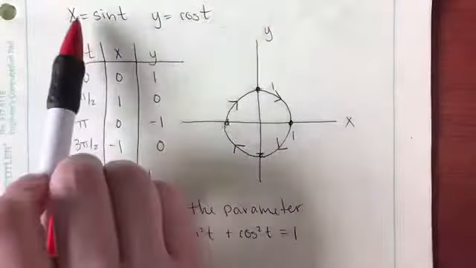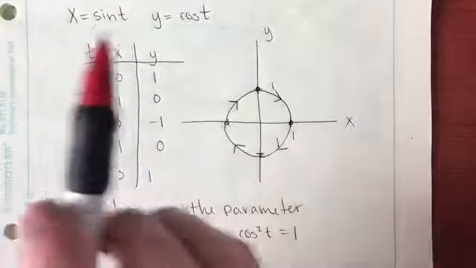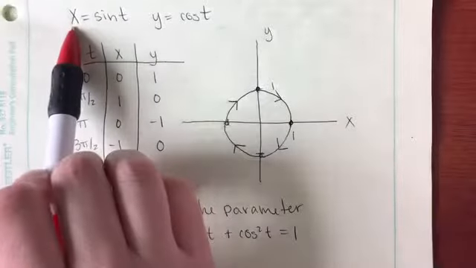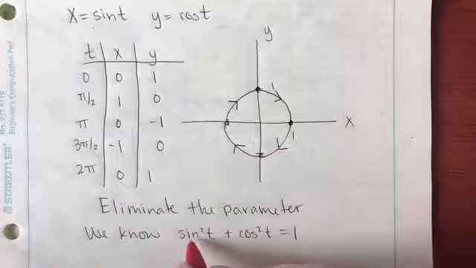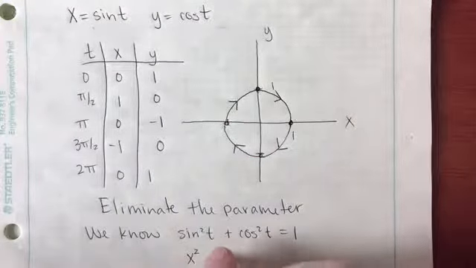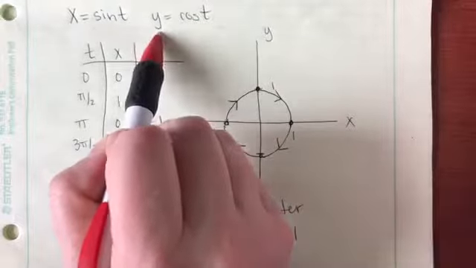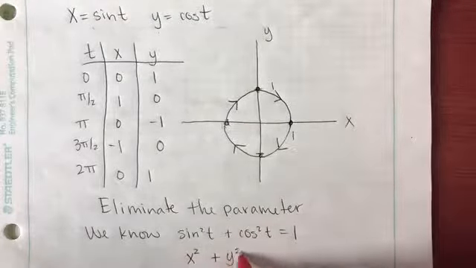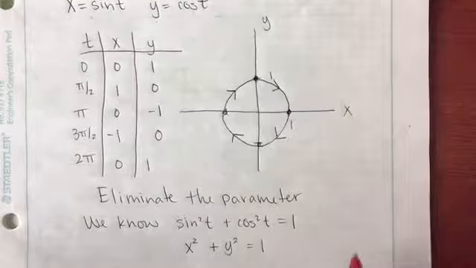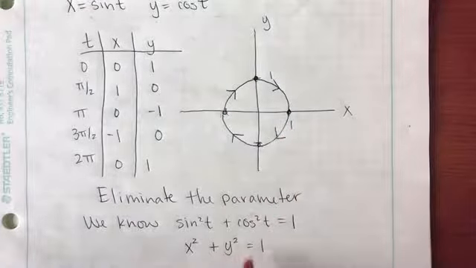Now if we look here, we can see that we have defined x to be sine of t. This is different than the definition when we first found these. We're just saying that in order to get the x value for this graph we're making, we're going to plug it into sine. So here instead of sine, I can write x squared. For cosine, I've defined y, the y coordinate of this graph, to come from cosine of t. So instead of cosine, I can write y squared, which is equal to 1. So you can see that this equation right here describes this graph, or this circle, and doesn't involve t. So I have eliminated the parameter.